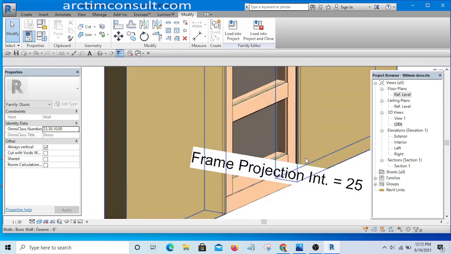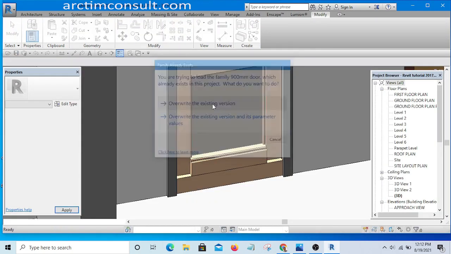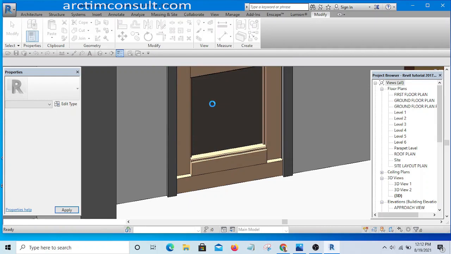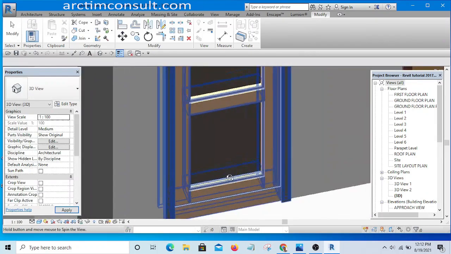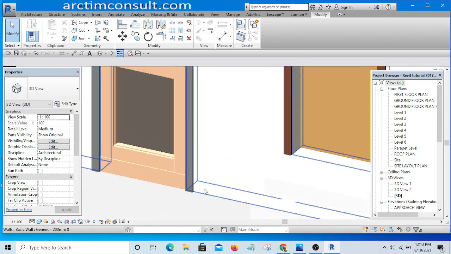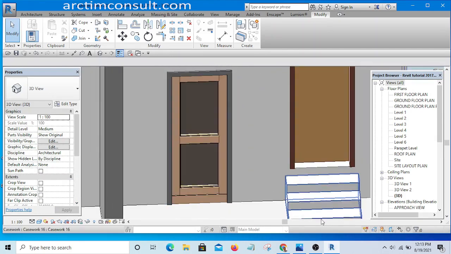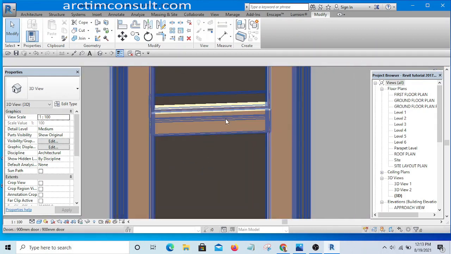So we are going to load it to our project and see whether it is going to conform with our project. So it is fine, fantastic. The door is beautiful. Okay, so the next one we are going to work on now is